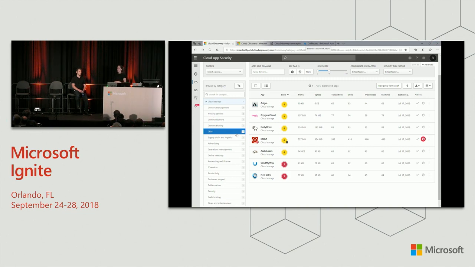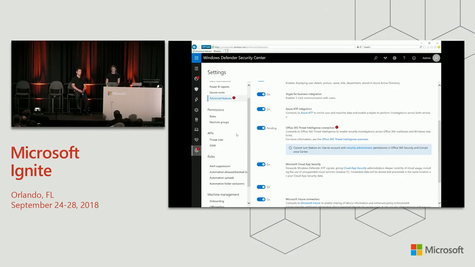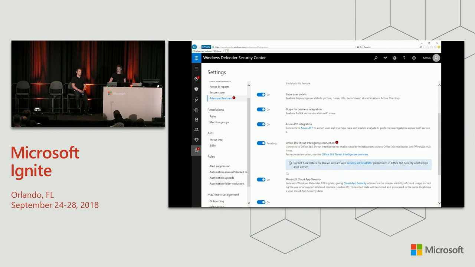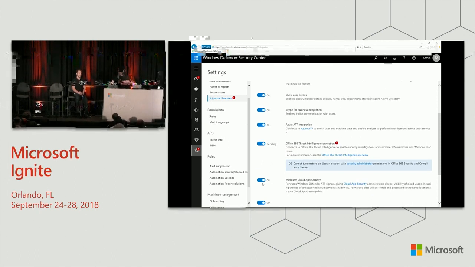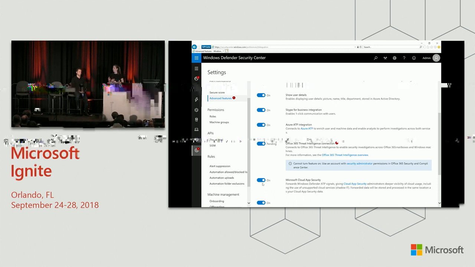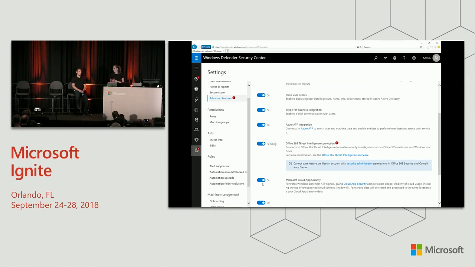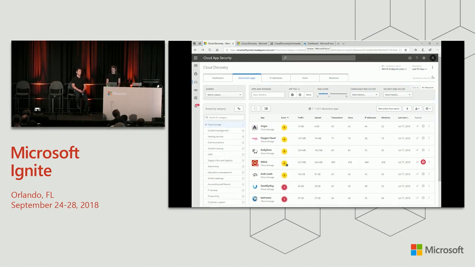And the two last things that I want to show you are our new integration with Windows Defender Advanced Threat Protection, which is a non-deployment enablement, I would almost say. All you have to do is, in the Windows Defender Security Center, enable this toggle. At the moment you do that, Windows Defender ATP will start feeding traffic information to Microsoft Cloud App Security so that you can do machine-based discovery and essentially get all of the discovery information that you would otherwise get through appliances like Zscaler or a separate log collector.